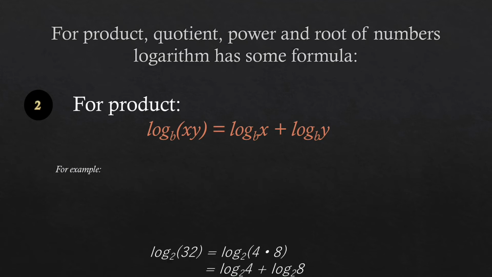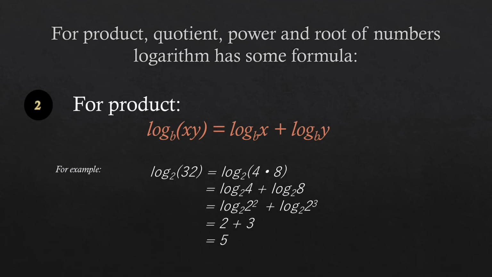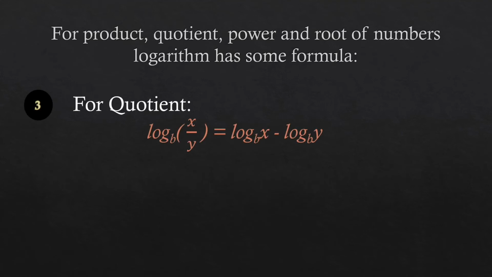For example, log base 2 of 32 equal to log base 2 of 4 times 8. According to the formula, finally we got the value of log base 2 of 32 equal to 5. Number 3, for quotient. This is the formula for quotient. For example,